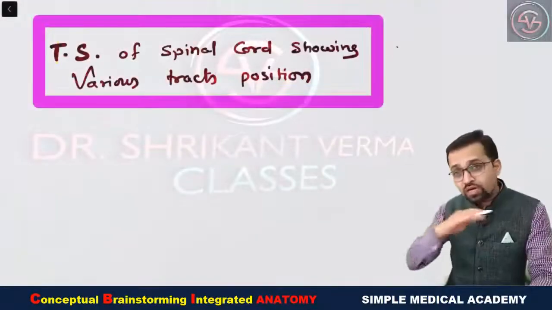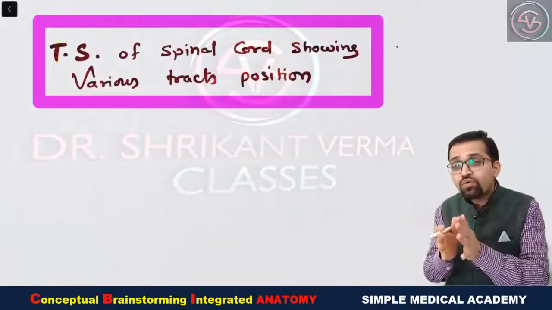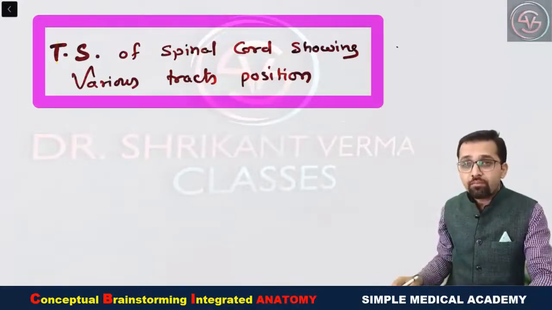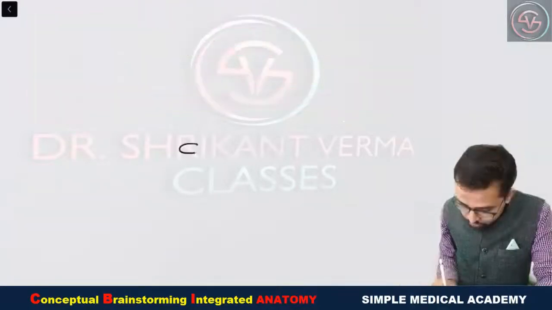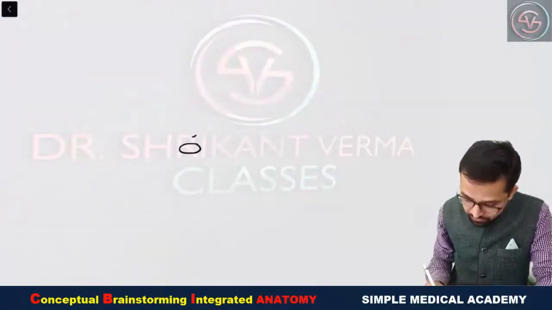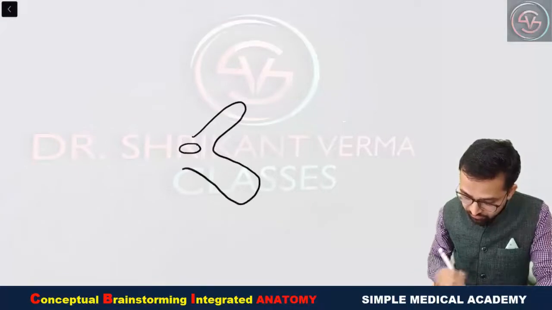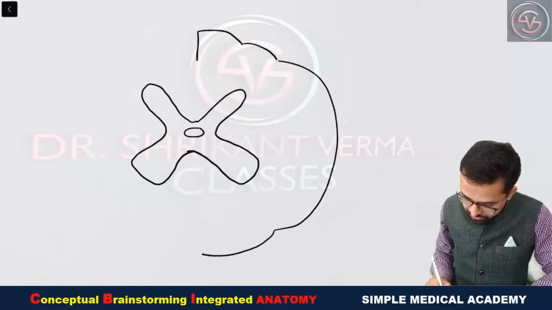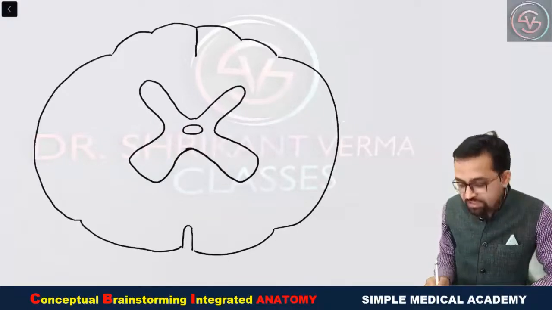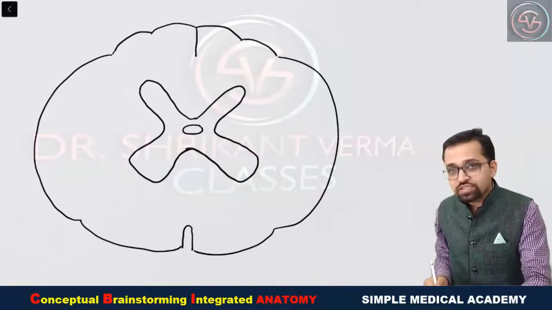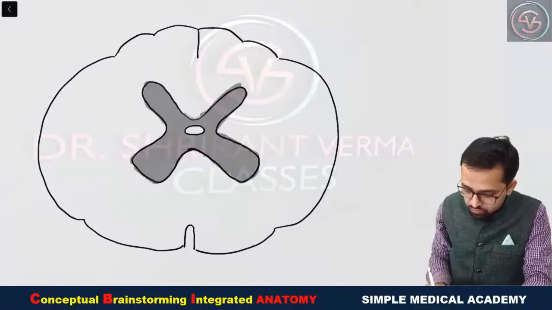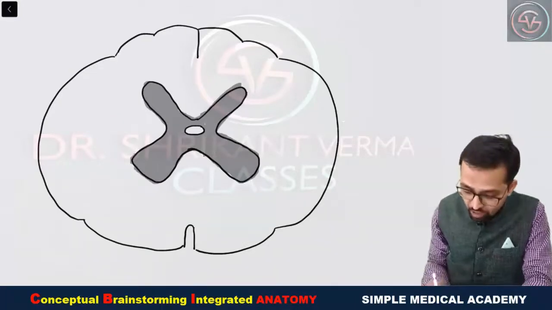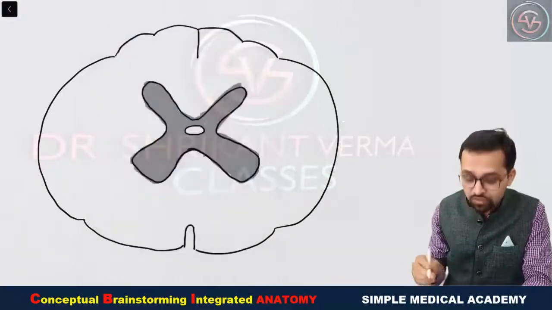So now we are going to cut the spinal cord and observe the different locations of the bundles of axons, meaning tracts. Suppose this is the central canal. As we know, it is surrounded by the butterfly or H-shaped gray matter and the peripheral part has the white matter. Suppose this is the diagrammatic presentation of the transverse section of the spinal cord. So around the central canal we have depicted the gray matter area, but now in the white matter there are various bundles of axons.